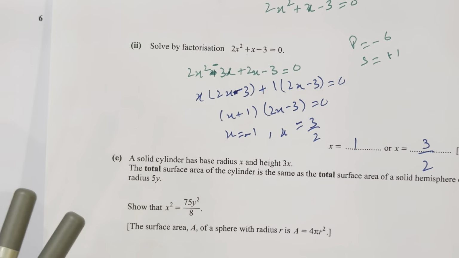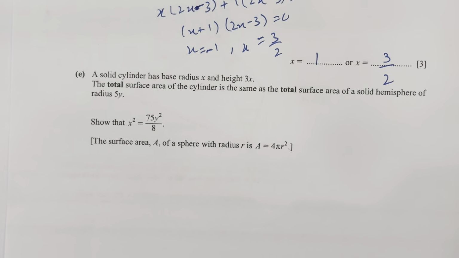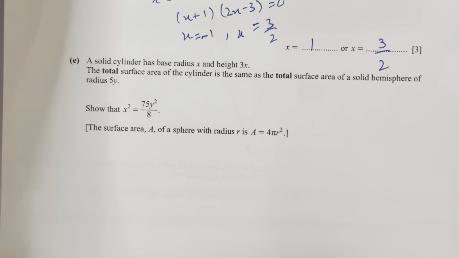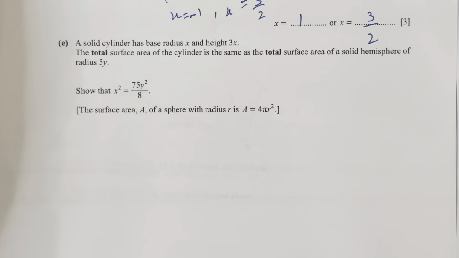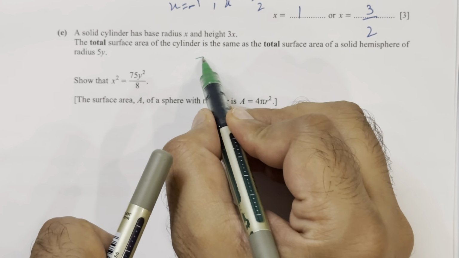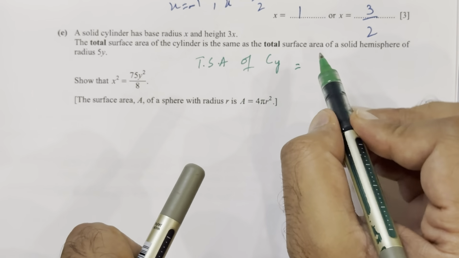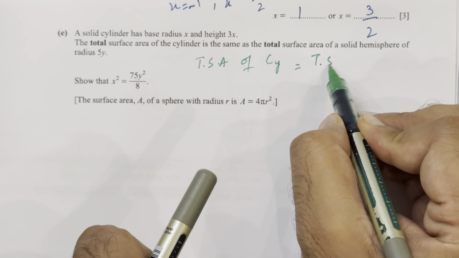Moving to its E part, a solid cylinder has a base radius of x and the height is 3x. The total surface area of the cylinder is the same as the total surface area of the solid hemisphere of radius y. Show that x square is 75 y square over 8. Okay, we have been provided with the formula of the surface area of the sphere. So the question is saying that the total surface area of the cylinder is equal to the total surface area of